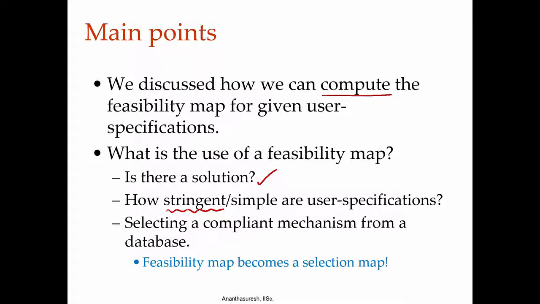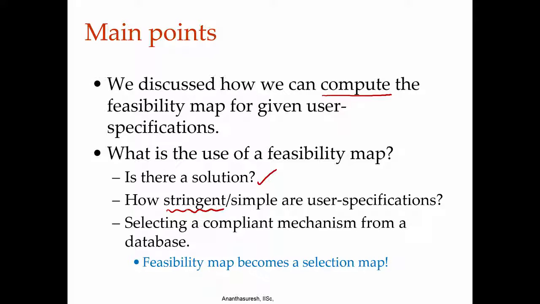So, if you are lucky there will be an aluminum for you, but if you have some other value for which there is no material, or that material is not available in the form that you want, then you would know that what you are asking is not possible or very stringent, you have to go for a special material. So, it tells you the feasible space is very small, your specifications are stringent.